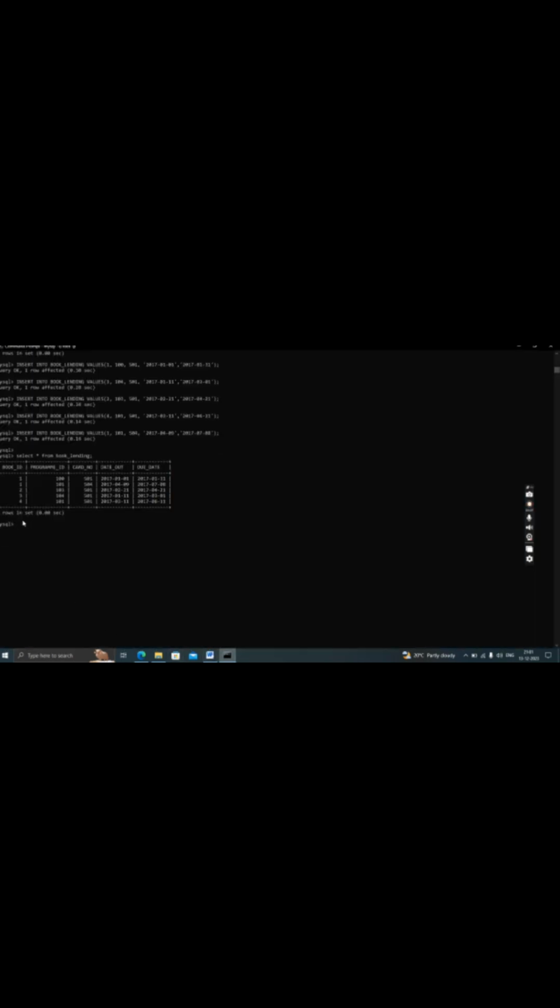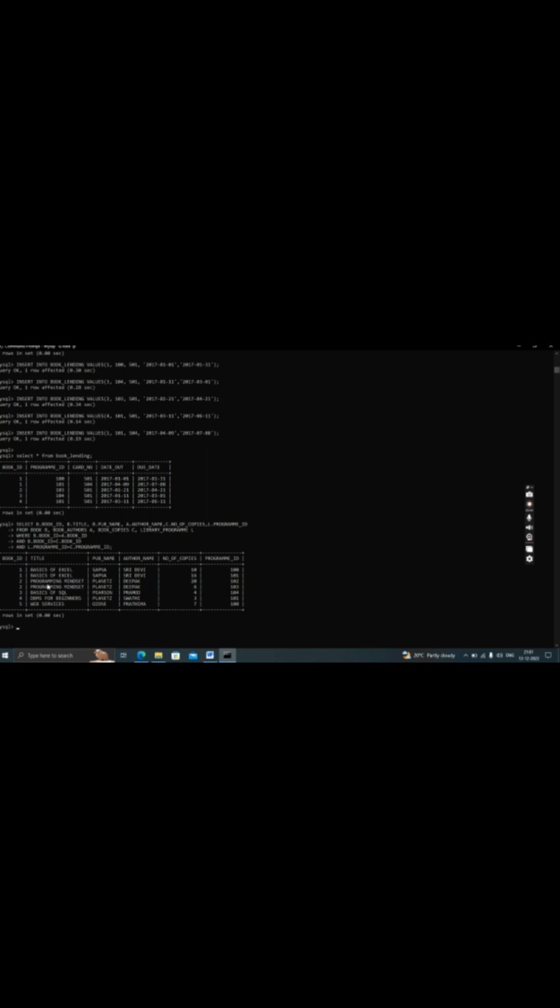So let us execute the query. Here you can see we have fetched the similar attributes or similar tables which have primary key and foreign key references. So next, the second query is